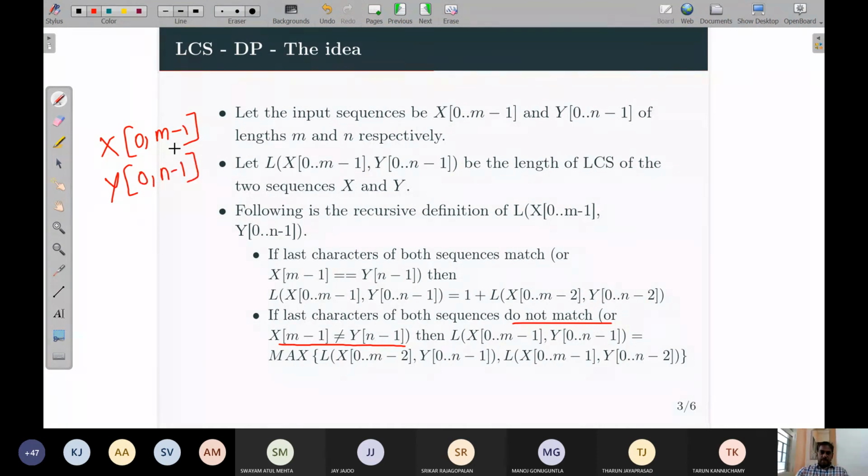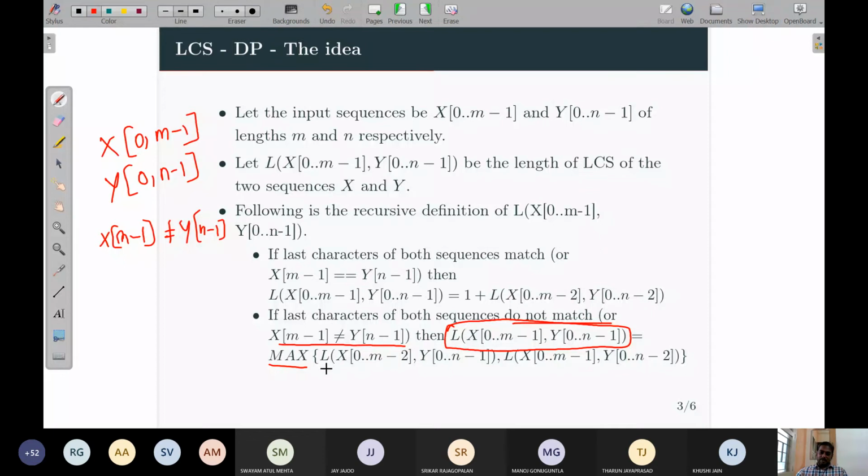And we assume that x sub m minus 1 is not equal to y sub n minus 1. These are not matching. Then what is to be done? Then the length of the longest common subsequence, this is what we are trying to find out, is equal to the maximum of, this is the second case when you don't find a match,